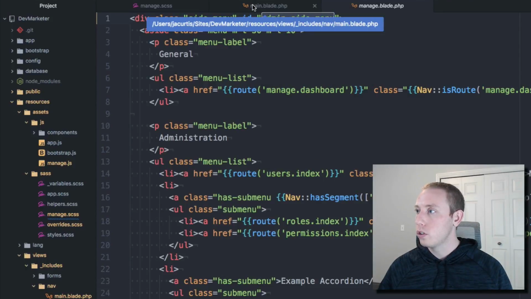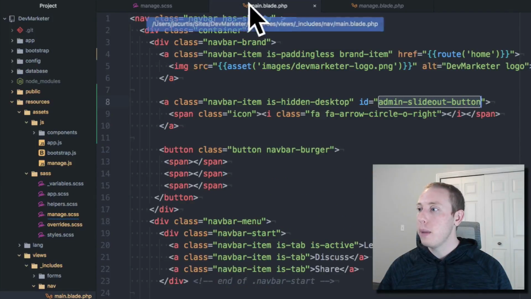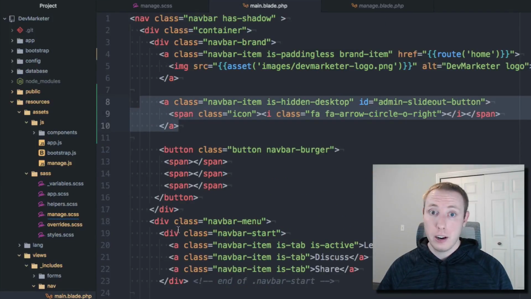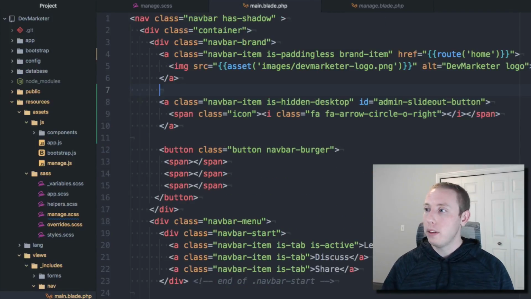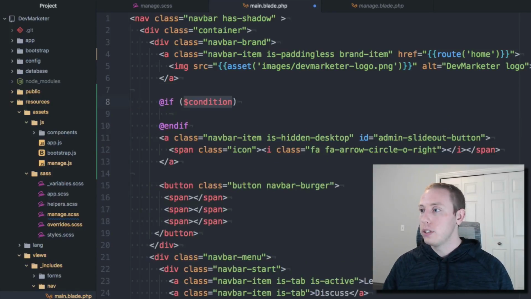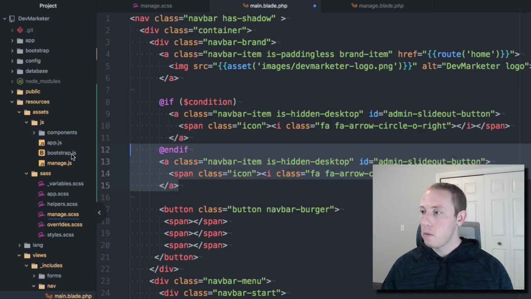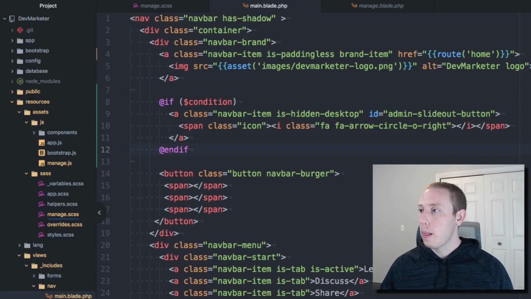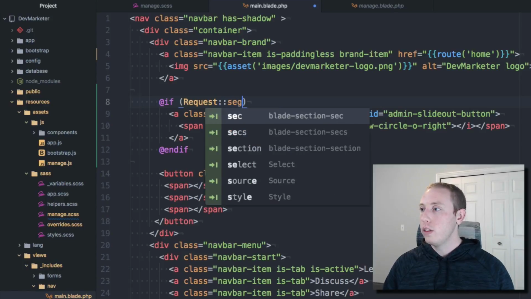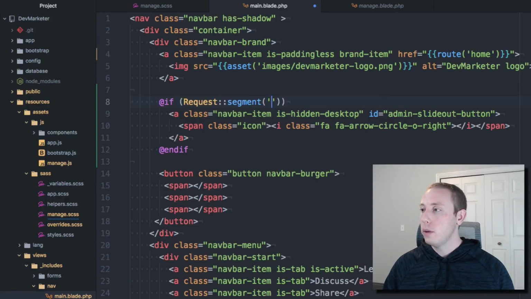What we'll do is we'll just grab, let's see, where are we in? Let's go to the main navigation. Here's our button right here. So what we're going to do is just wrap this in an if clause, and we'll just say if. Let's put this up in it. And then for our condition, we're just going to show it when the request has a segment 1 equal